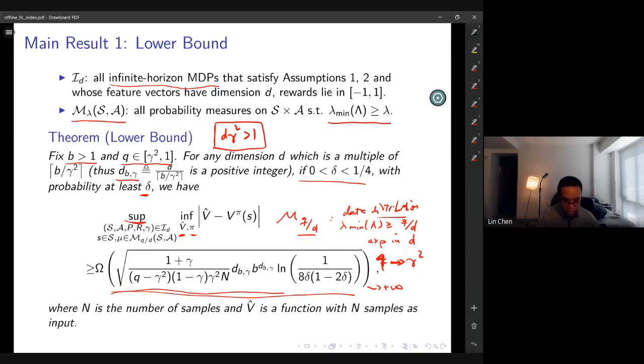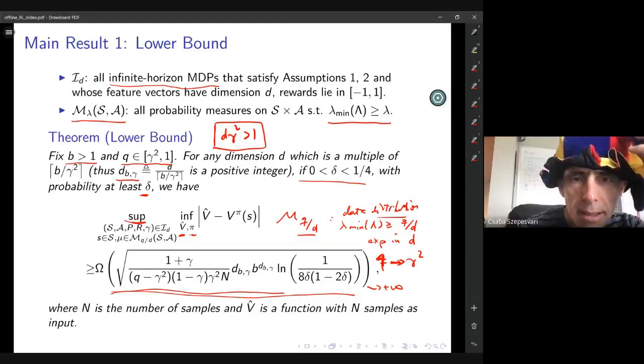Whether this delta was like with probability 1 minus delta, or with probability delta. On the previous slide, it was with probability delta, and then here I see with probability at least 1 minus delta. Which one? It is delta. It is delta with some positive probability this lower bound result holds. Okay, and in the log, I see a delta and a 1 minus 2 delta as well, so that kind of made it symmetric. But on the next slide,